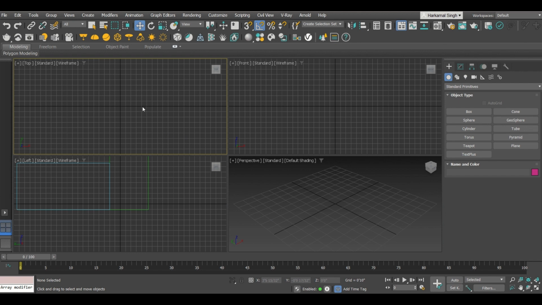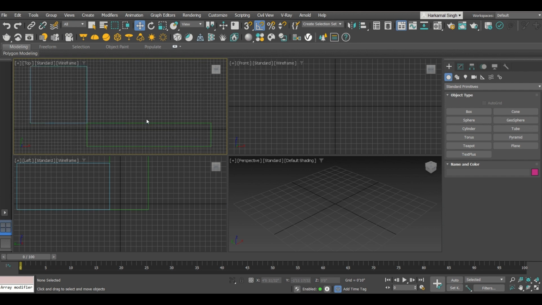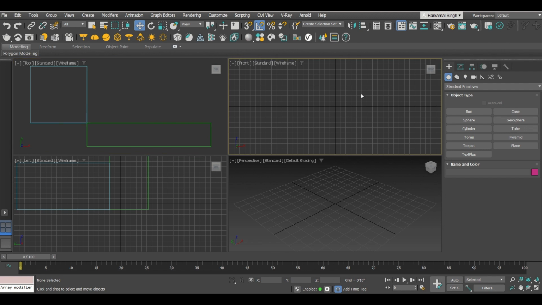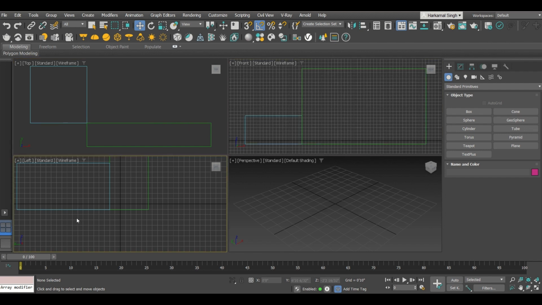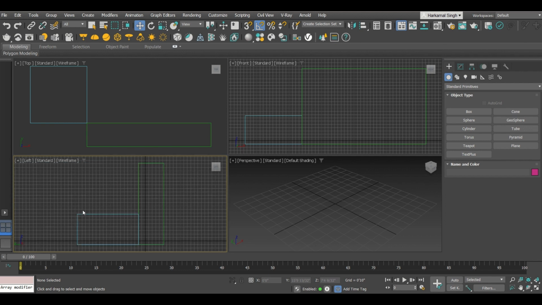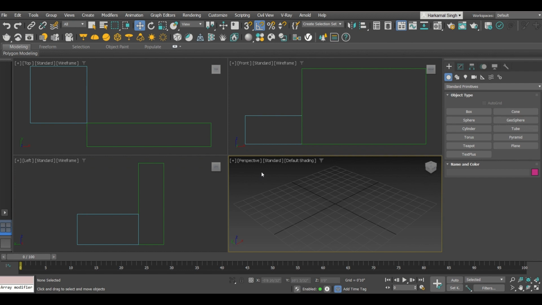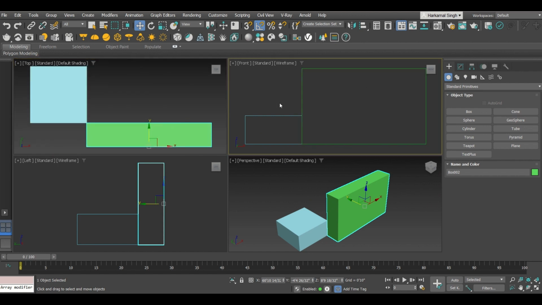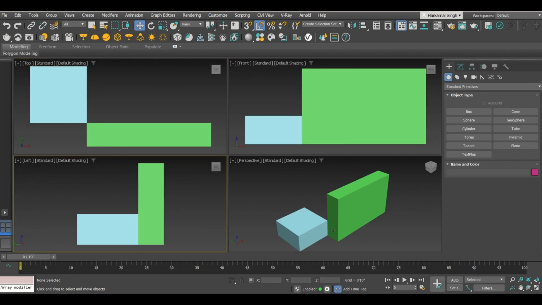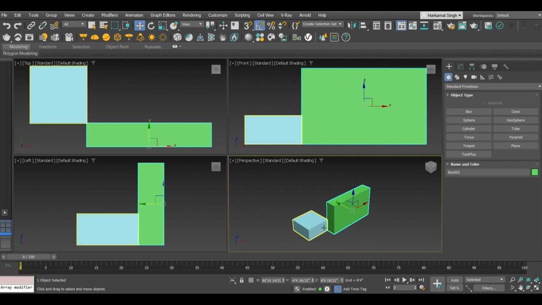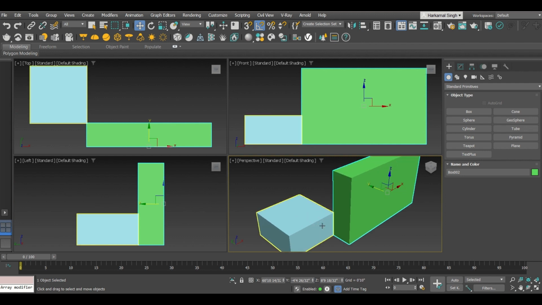on the top I want the top view, right? Over here the front view, over here the left view. I will be turning off the grids also. Over here the perspective view, right? So I will be making every viewport solid, right? So in whatever direction you want to move this,